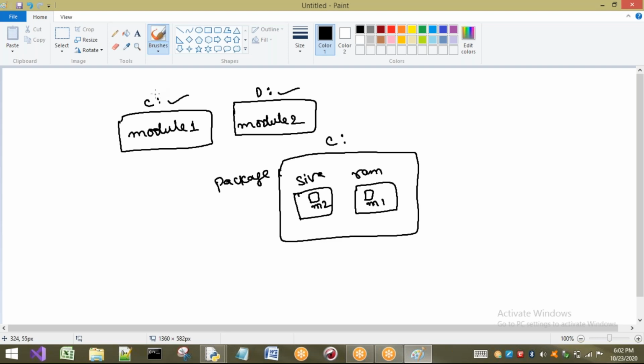But now I have some files in the C drive and some modules in the D drive. From module 1 in the C drive, I want to access the contents of module 2. So now I am going to show you an example of how to access the contents of module 2 from module 1, which are present in two different directories. Okay, now let us take that example.